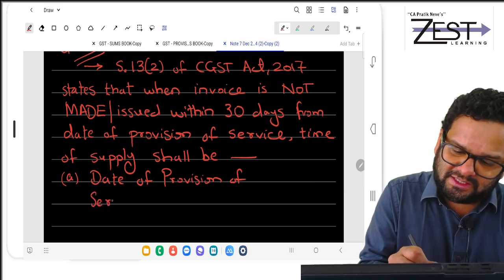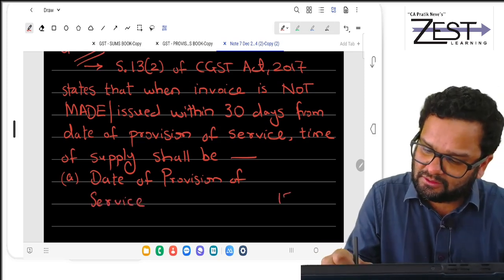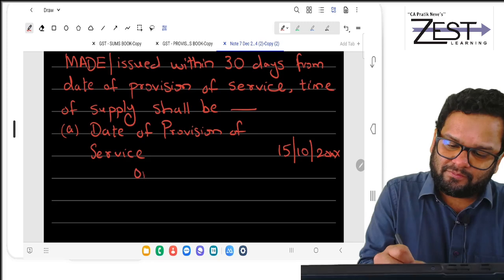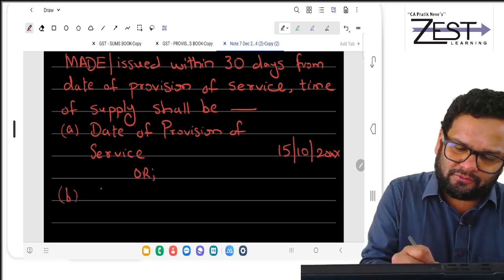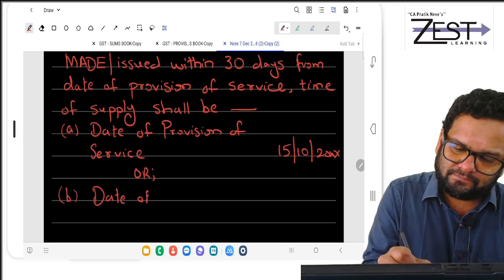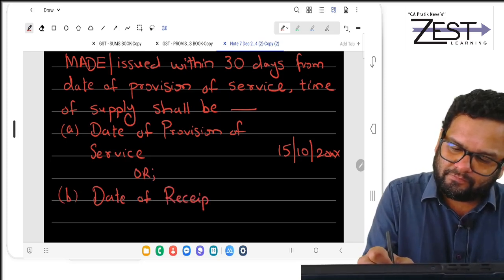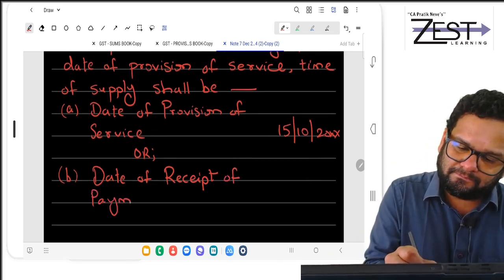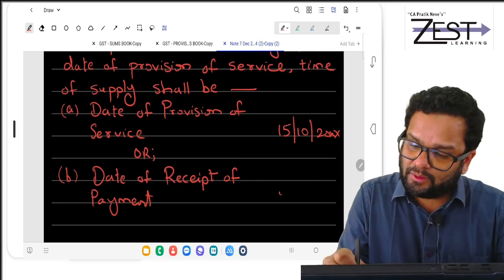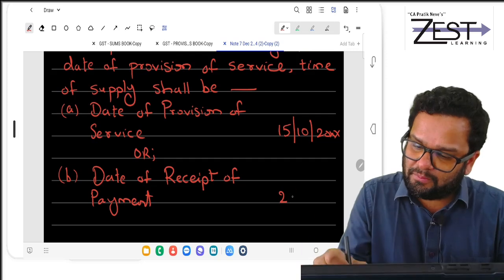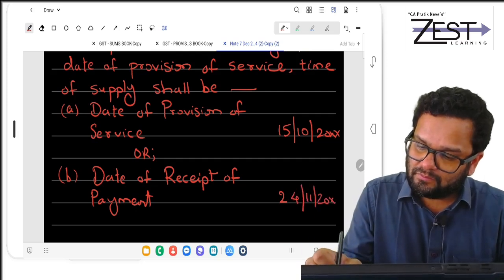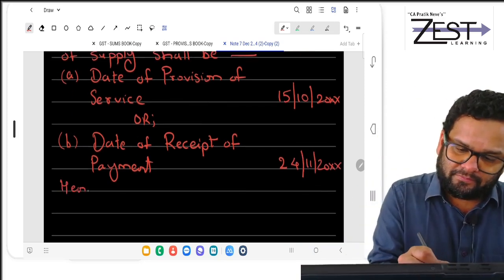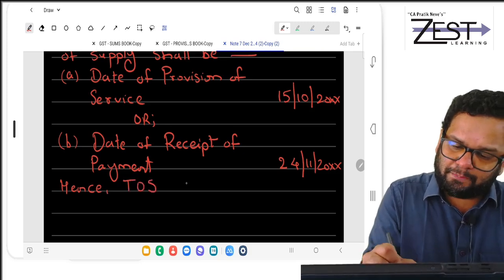So what's in our example? 15th October or date of receipt of payment. What's that? 24th November. Hence, time of supply shall be